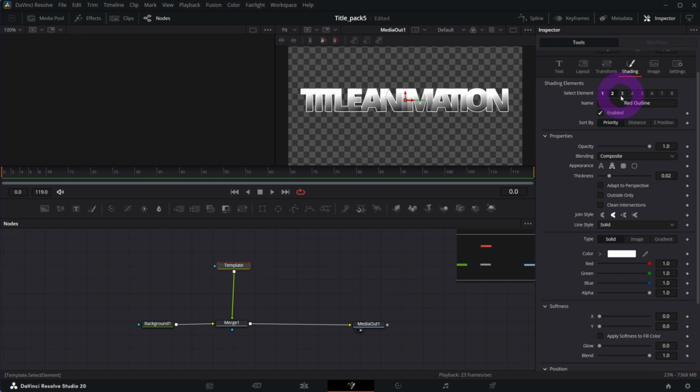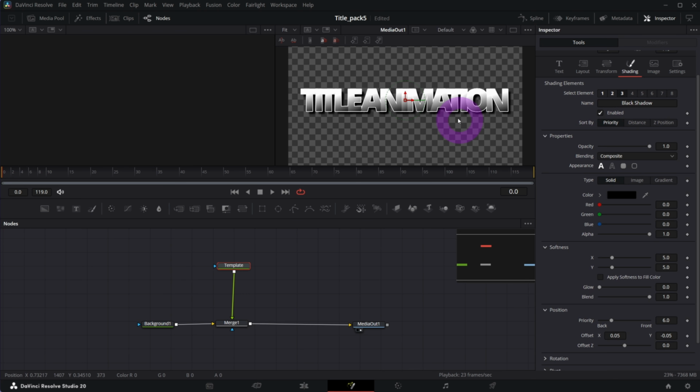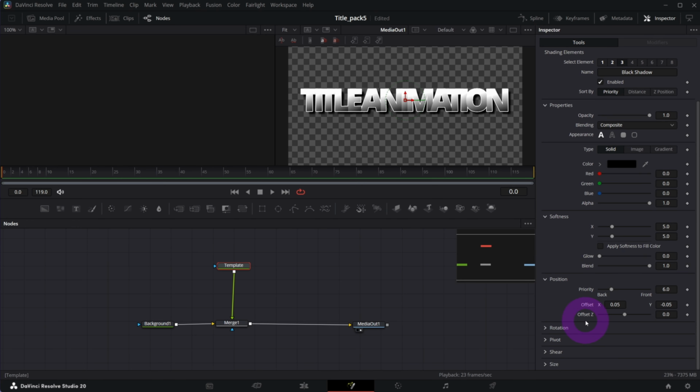And finally go to element number 3, which name is black shadow, so if you enable it you get a shadow. But I will change the angle of the shadow, so if you scroll down to the position, you can actually change the shadow position. I will do it in the top left corner,